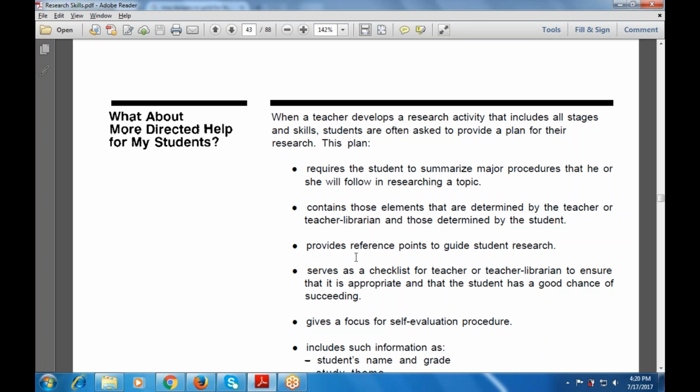Now, what about more directed help for my students? When a teacher develops a research activity that includes each and every stage and skill, students are often asked to provide a plan for their research. This plan requires the student to summarize the procedures that he or she will follow in researching a topic, contains those elements determined by the teacher or teacher librarian, and provides reference points to guide student research. It then serves as a checklist for the teacher or teacher librarian to ensure that it is appropriate, and students will be guided